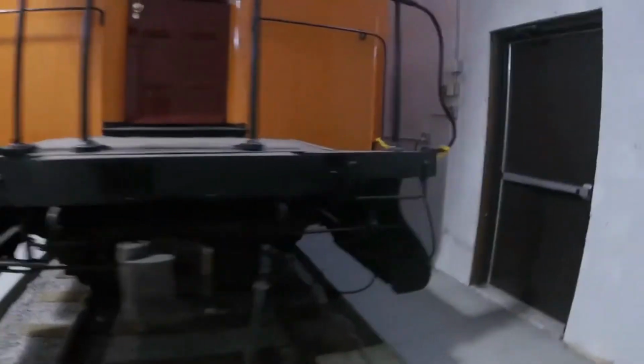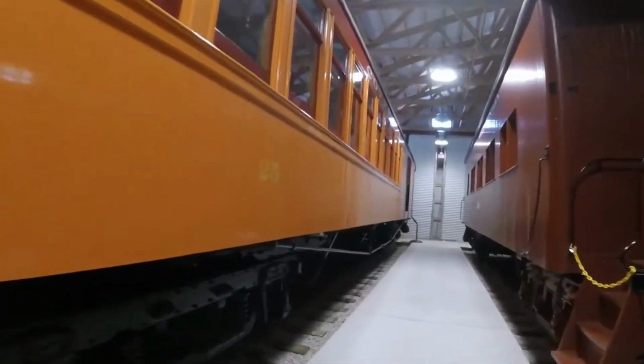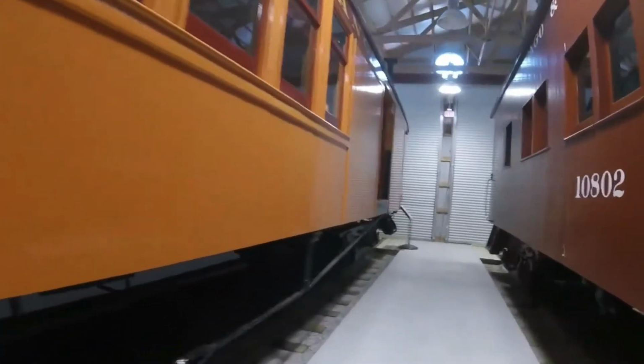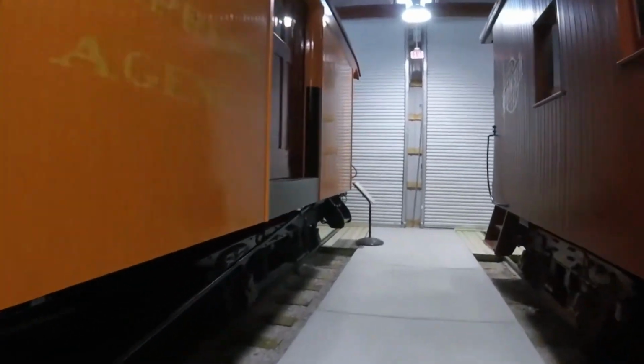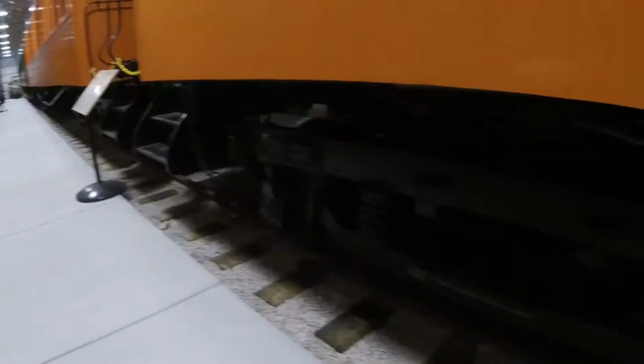The interior of the coach was originally stained and varnished with a golden oak finish. In addition to solid oak woodwork, the car had oak veneer headlining and ceiling panels. The seats were upholstered with rattan. Then, in 1913, it was rebuilt as a combination baggage coach and renumbered as Copper Range 25. Then later the car was retired, and in 1963 it came to be part of the Mid-Continent Railway Museum in